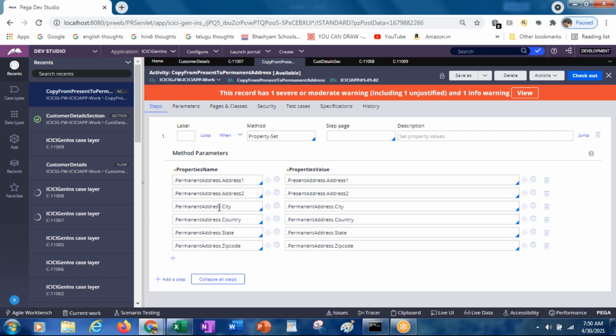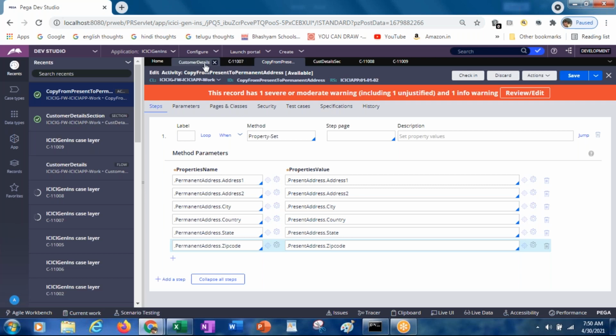Oh, sorry, we have given permanent address dot city to again permanent address dot city. Check it out and save it.